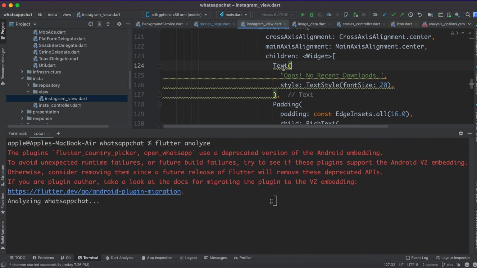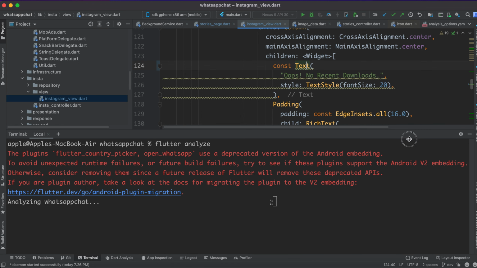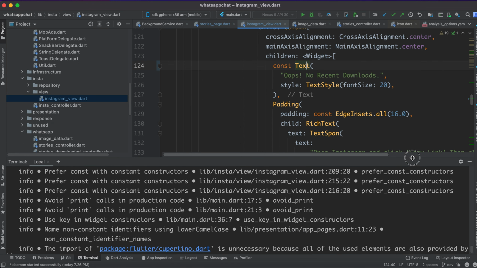Yeah, same here, it guides us on what we can improve with const. I want to show you some different suggestions.